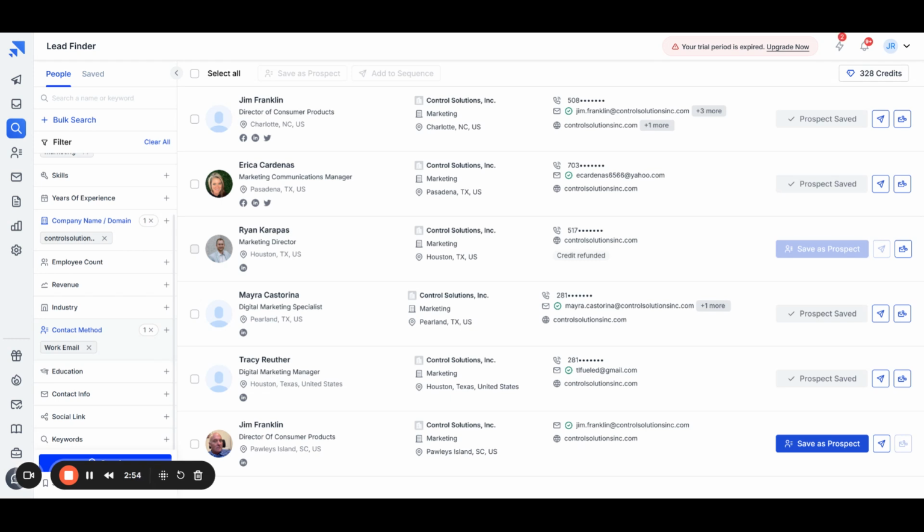Last night, I tried to save a bunch of contacts and they just simply wouldn't save. I saved, it said found the leads, and then I would go into the prospects. Again, I'm not going to go into there because there's only so much you can show in these tools without giving out your entire business model. And so you go into prospects and none of the leads would be there. The credits wouldn't deduct either,